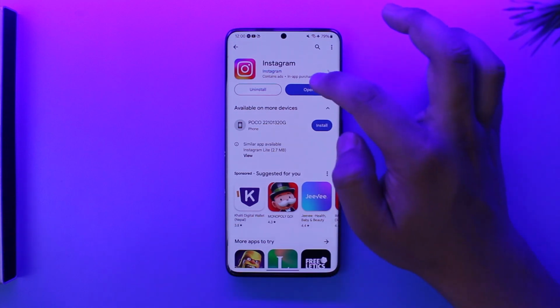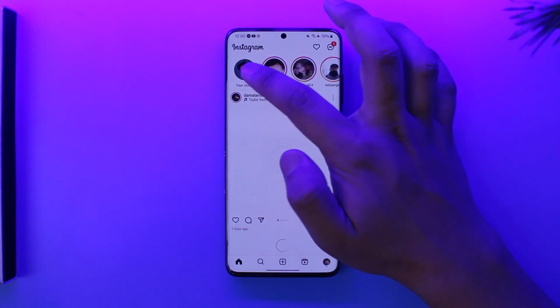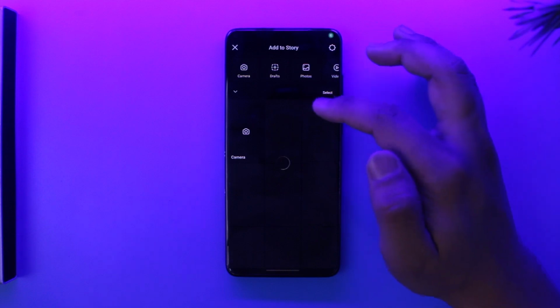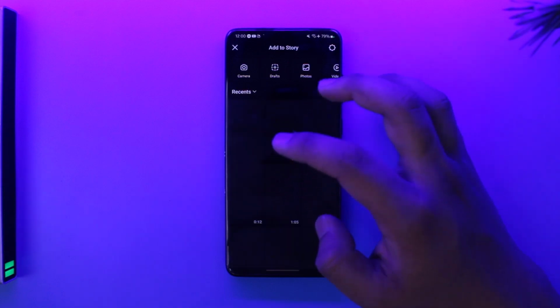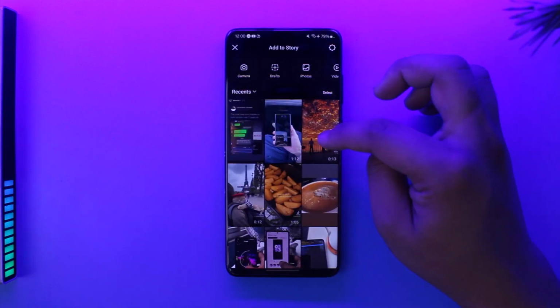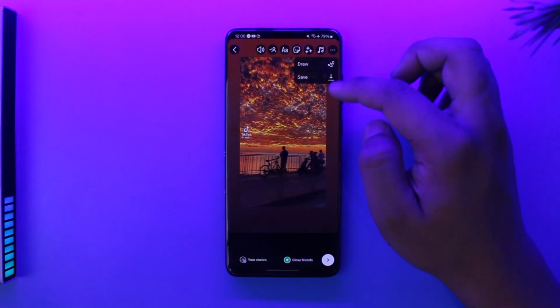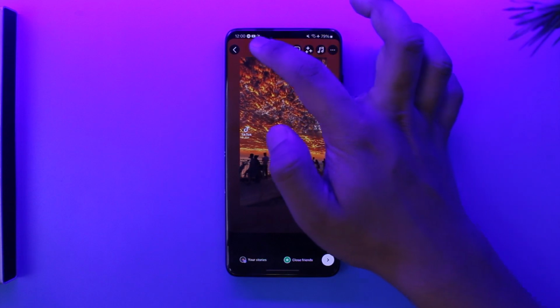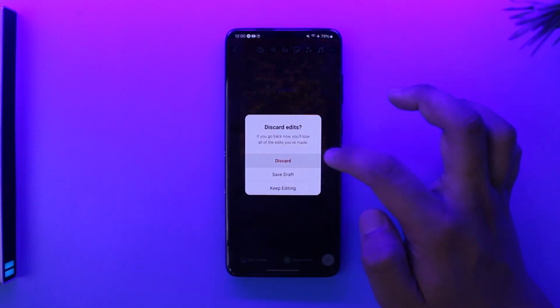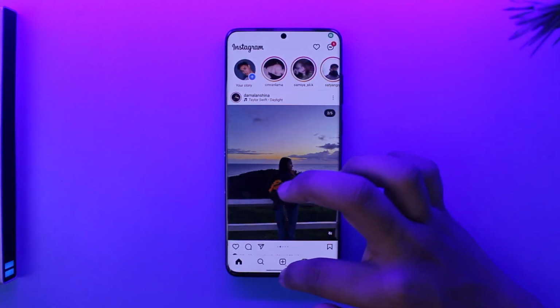Now if you are trying to cut a video inside Instagram story, unfortunately that is not possible. Even if you have a certain video in this case and you're trying to cut that video from inside here, you can see Instagram's feature does not actually have an editing option where you can choose to trim down the video. So instead what you have to do is use a third-party app to trim